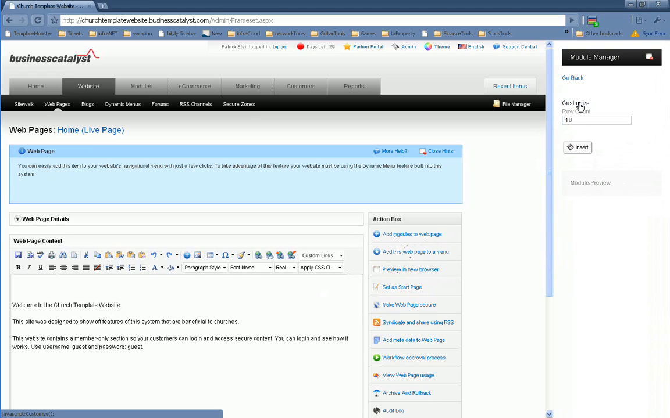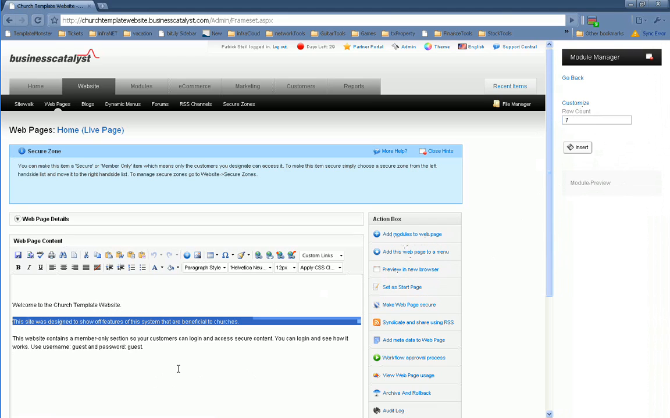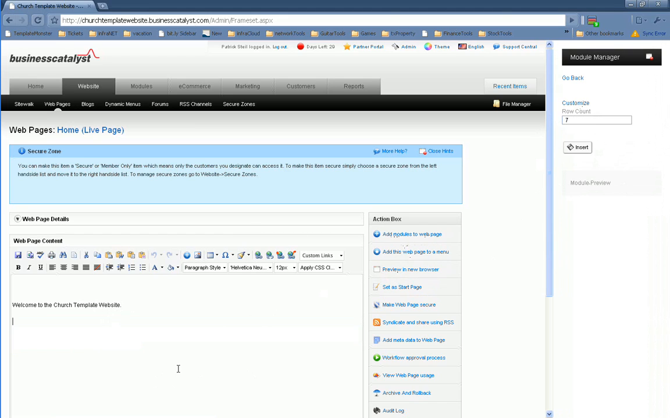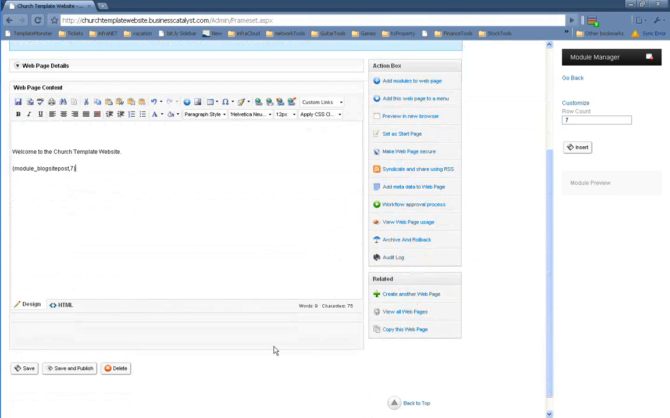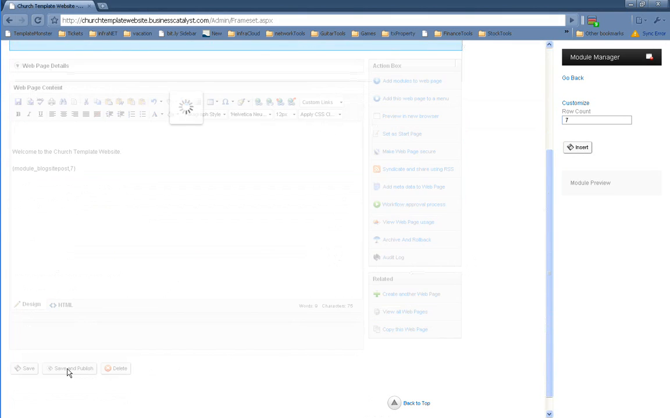So if we do that, we have this deal here, and we click on customize to show how many of the latest entries we want. Let's choose 7 because that's the perfect number, and we're going to display those. We're going to remove all this content here and display them right here. We're going to click on insert at that point, and it inserts this little tag here, and that's all we need to do. Once we click on save and publish,